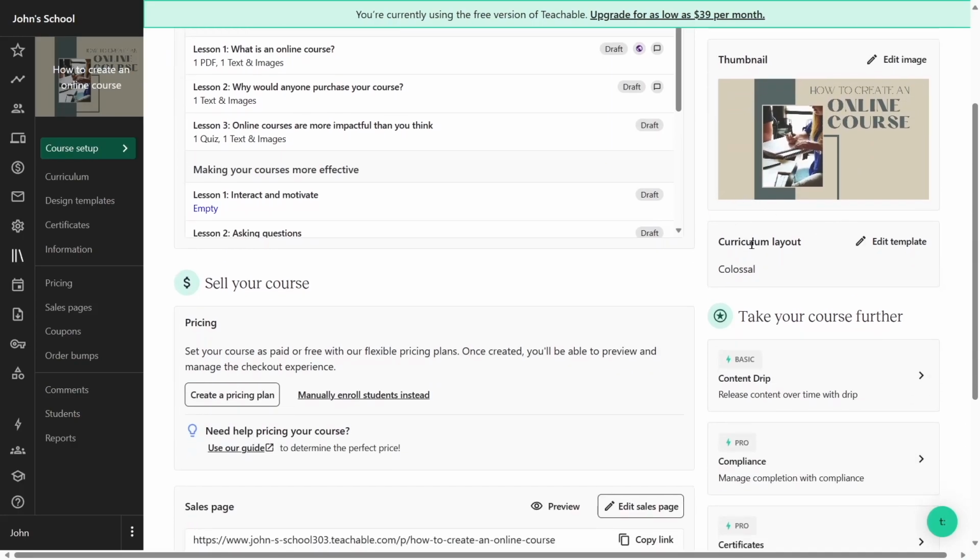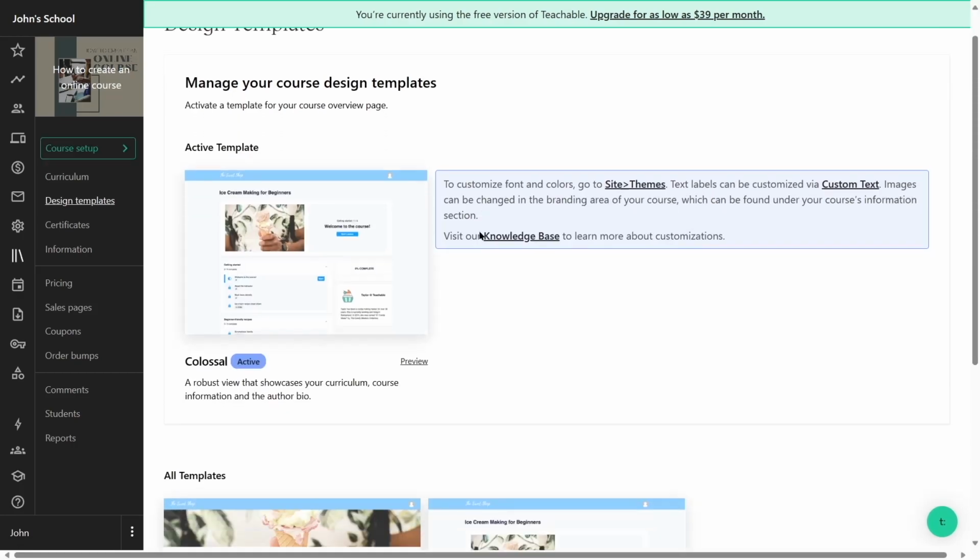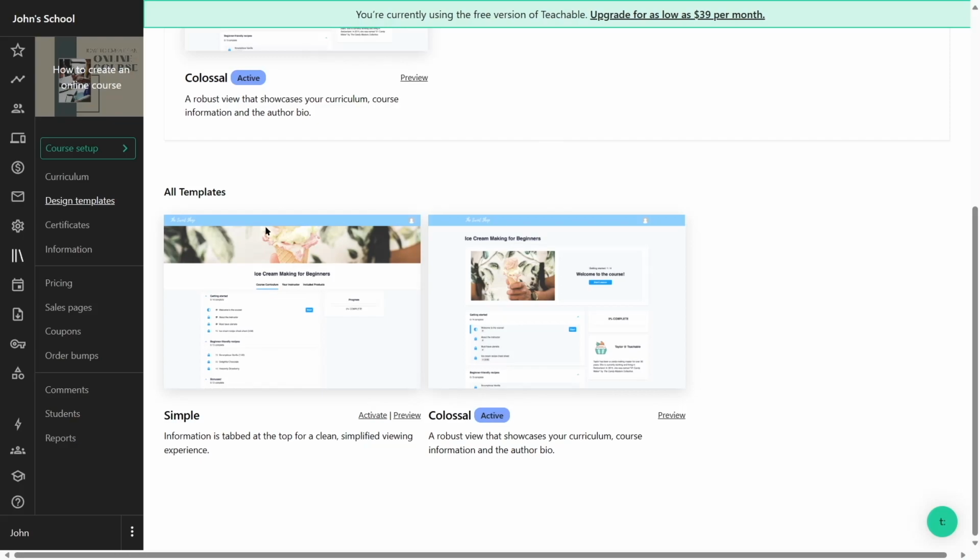Again, you can also select your course curriculum layout. So if we click on edit template, Teachable doesn't offer much templates in the free version, at least. So we have two templates over here, the simple and the colossal. You can select any of these template you want. I think simple one is looking really good. So if we click on the preview,